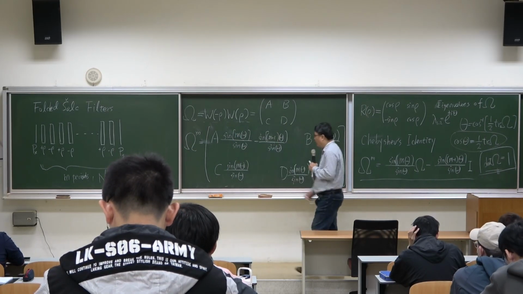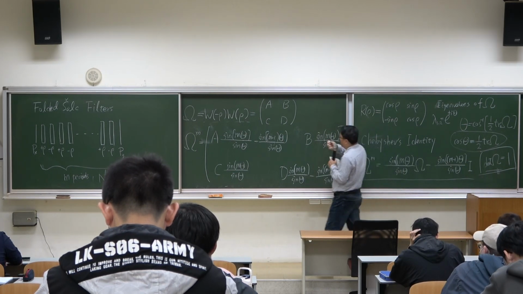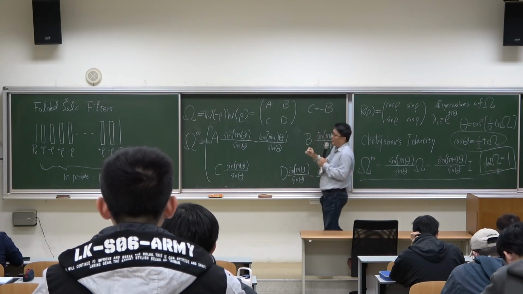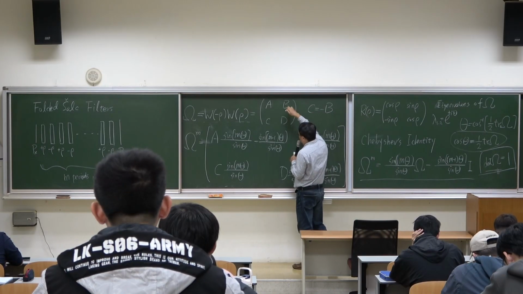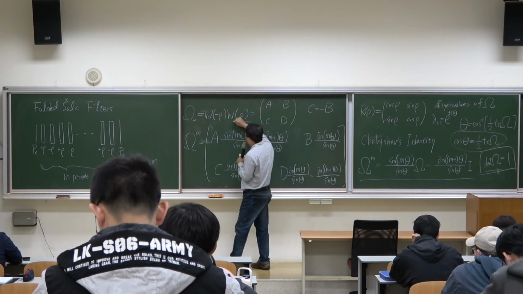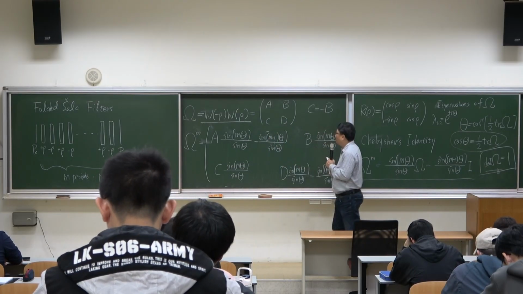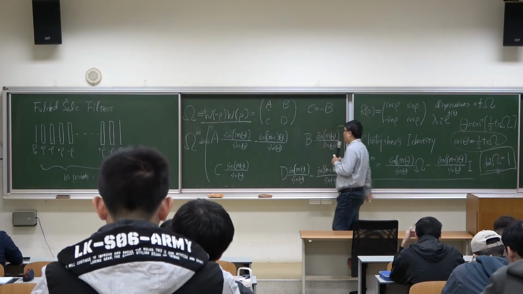Okay, and by calculation you can find that C is minus B. Okay, and you can do this multiplication to find the result of A and D. OK，